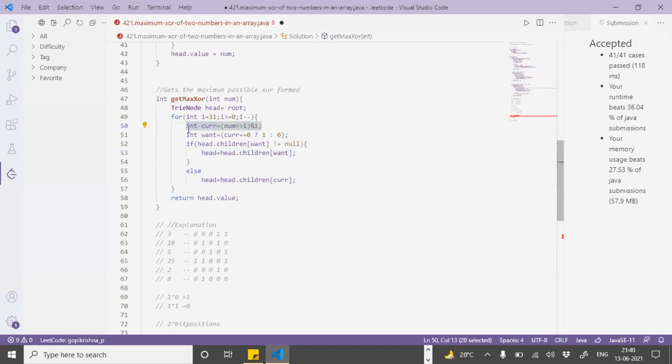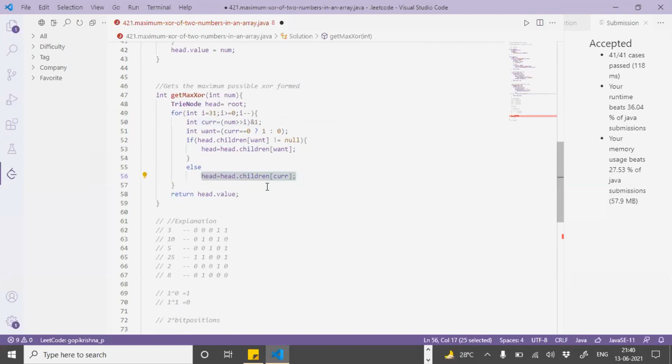If it is 0, I try to find 1. If I have 1, I take 1. Or if I don't have 1 in the trie, then I take 0. Okay, so if he can find a complement, he takes it and goes to line 53, or else he goes with whatever he has, a choice, right? Yeah.